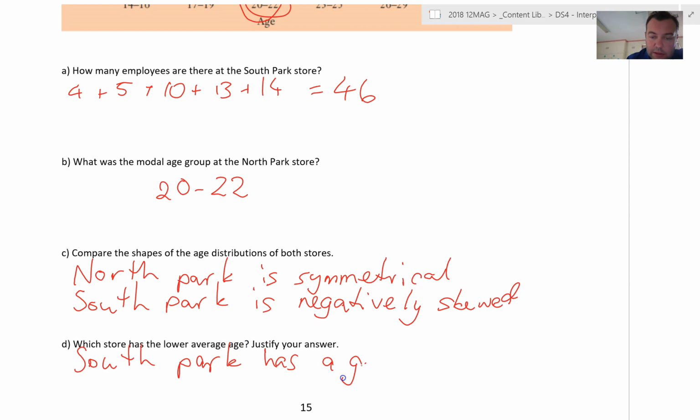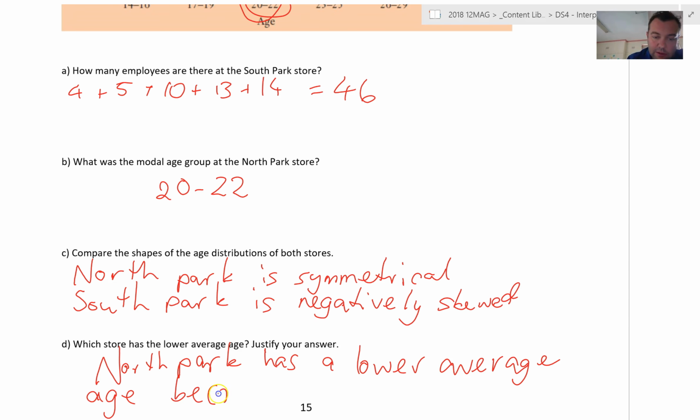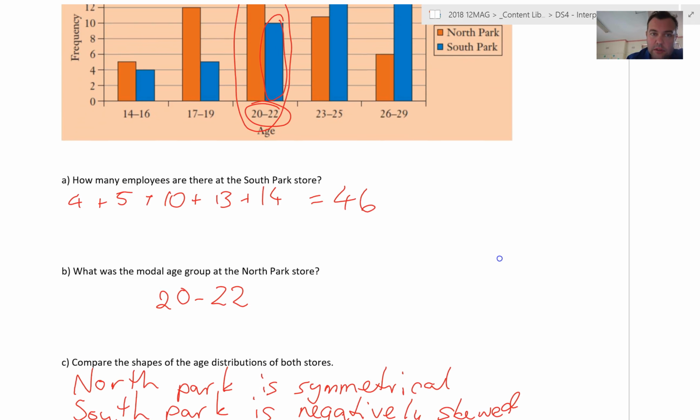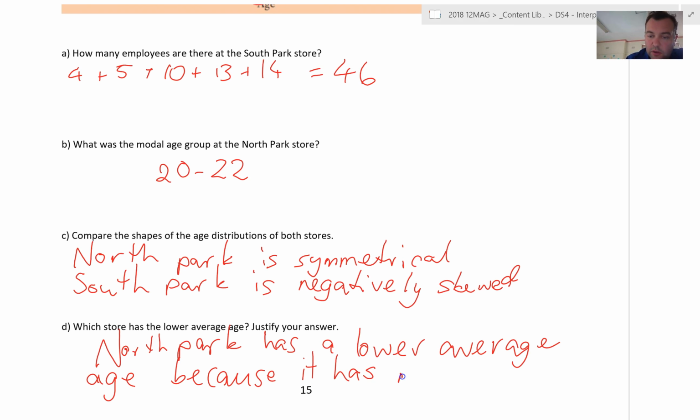has a greater, which one has the lower? North, we're going to have to change this. North Park has a lower average age because it has, because let's say compared to North Park,